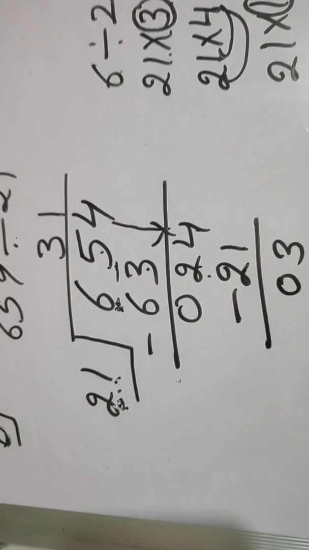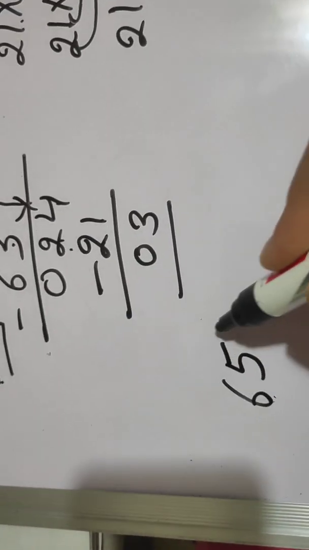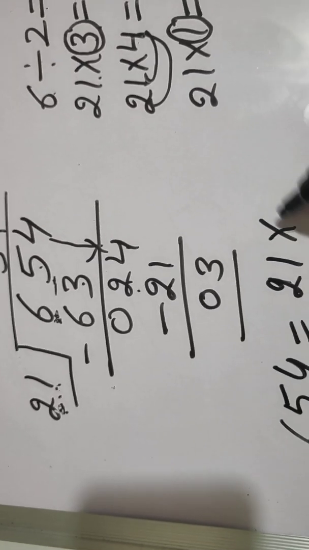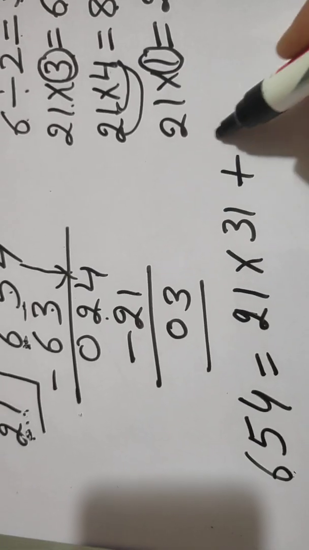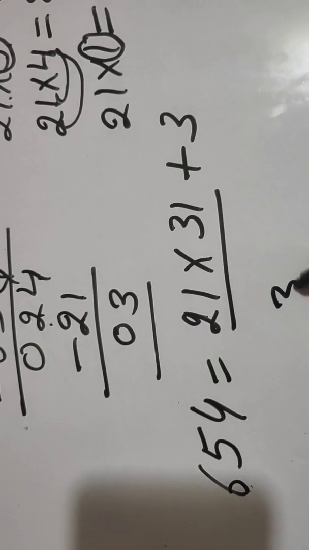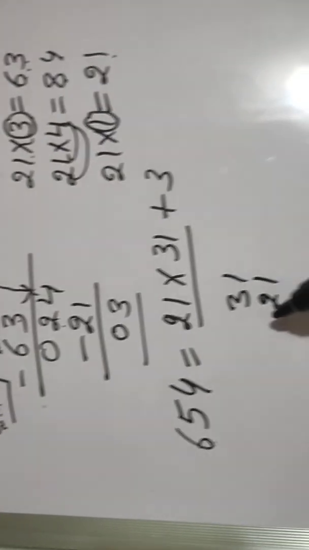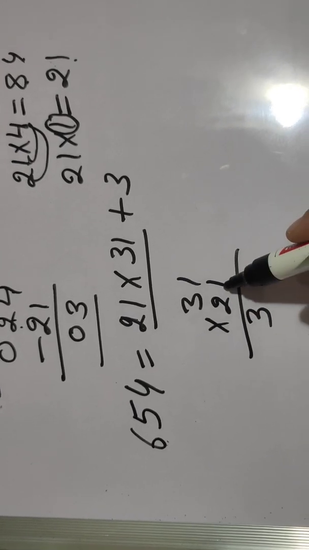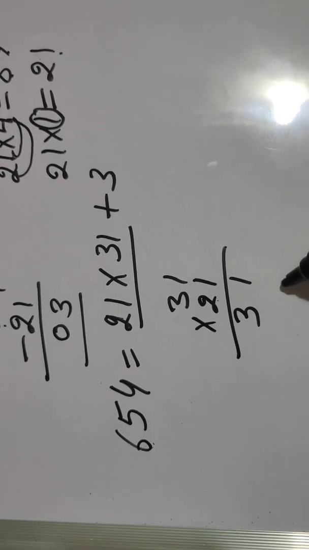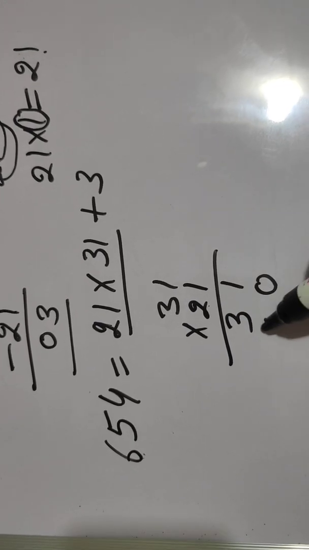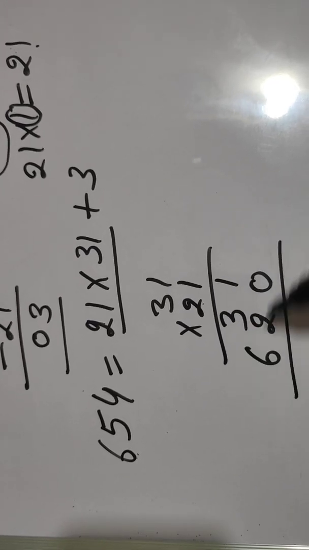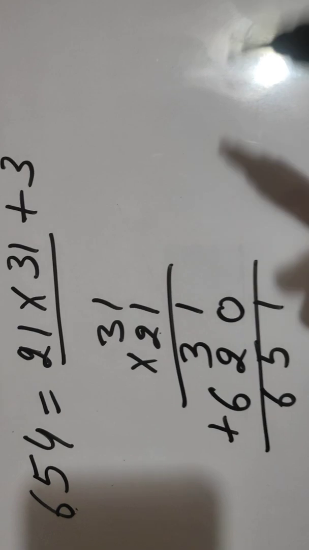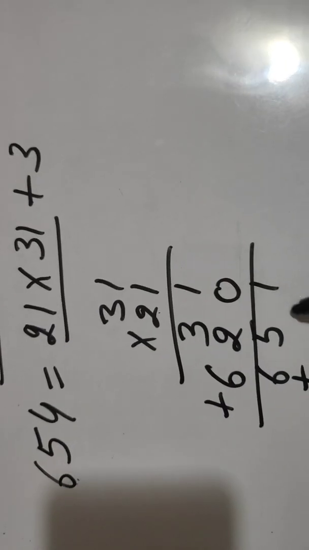And now we have to check our answer. So how will we check? Dividend is equal to divisor times quotient plus remainder. What is divisor here? 21. What is quotient here? 31. What is remainder? 3. Multiply these two. 1 ones are 1, 1 3s are 3. Now we have to do the multiplication by 20. So at ones place we will put 0. 2 ones are 2, 2 3s are 6. And now add it. 1, 3 and 2, 5. Here 6. Now we will add the remainder in this.